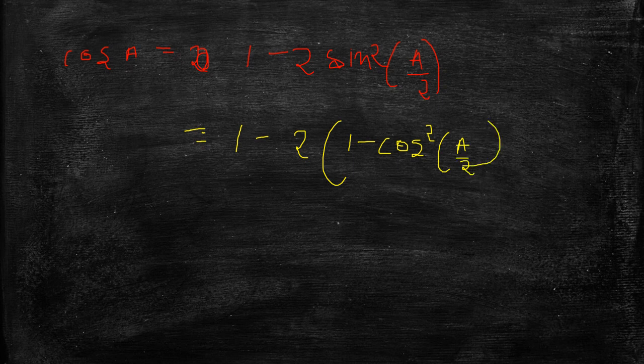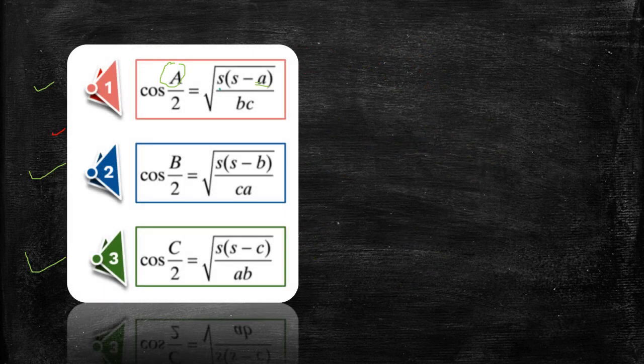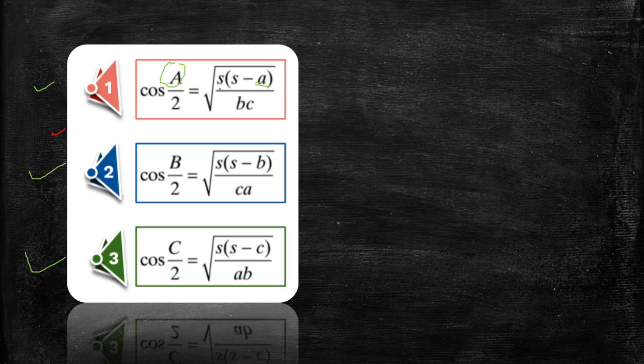So this will be 1 minus 2 plus 2 cos square A by 2, which I can write as 2 cos square A by 2 minus 1. This will be equal to cos of A. Now I will substitute the value of cos of A from my cosine rule, then transfer the one to the other side to get a formula for 2 cos square A by 2, transfer the 2 to that side, and take the under root to reach my required formula. This is the same as the previous proof, just use the other identity, and the method is the same. So that's another formula for half angle formulas.